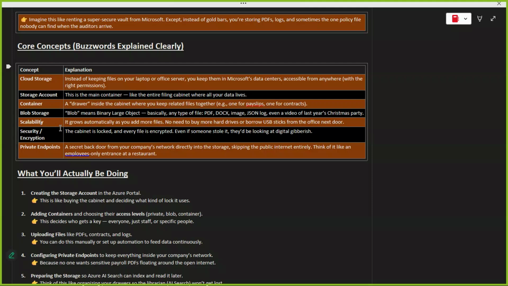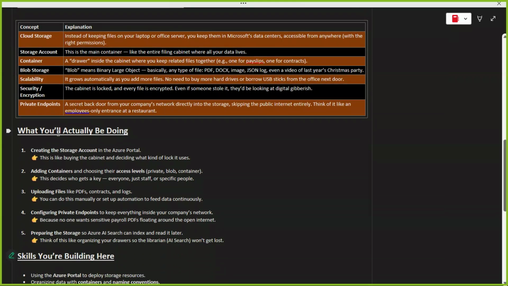Okay, we'll get there. Now, what are private endpoints? A secret backdoor from your company network directly into the storage, skipping the public internet entirely. Think of it like an employees-only entrance at a restaurant. Oh my God, that's so good. So in a restaurant,